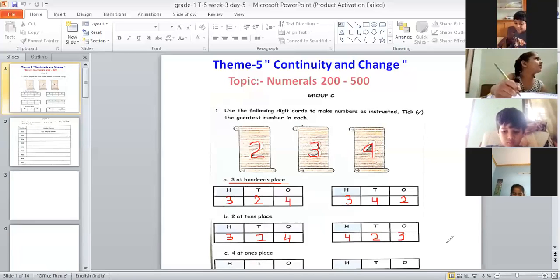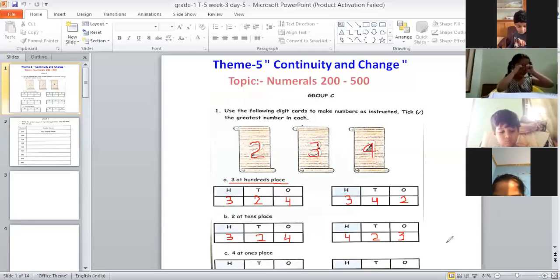What we did, first of all, we wrote 2 at tens place. Then we were left with 3 and 4. We can write either of the two numbers at hundreds place. So we wrote 3 at hundreds place and 4 at ones place. And in the next one, we interchanged the position of 3 and 4. Okay. Done. Now, before we start the third bit, we will select the biggest number here.